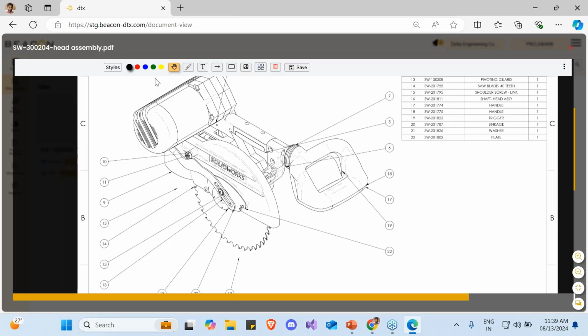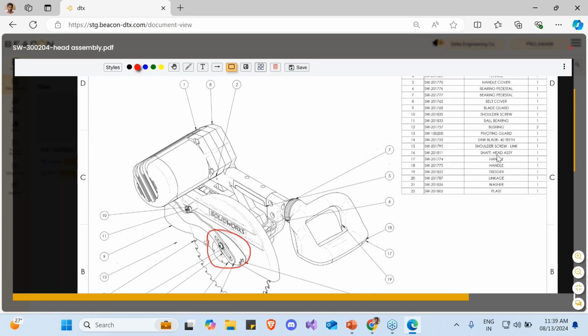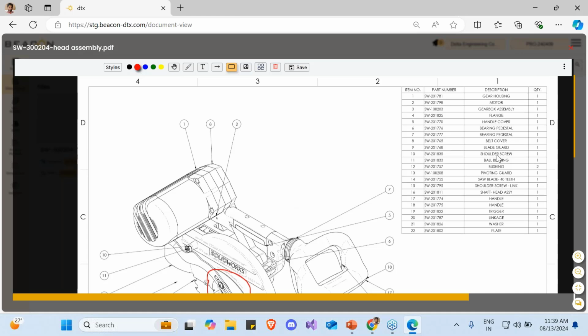So in this case, if I want to add annotations, I just select this. I select which color I want, and I can define what style, like the size of the brush it should have. So all that we can define. And then let's say this particular pin, and also in the BOM, I'll try to find where the pin is, and I'll say that particular pin cannot be processed. Reason being, some item is not able to be procured because of non-availability or whatever the reason. So I'll mark that particular item.